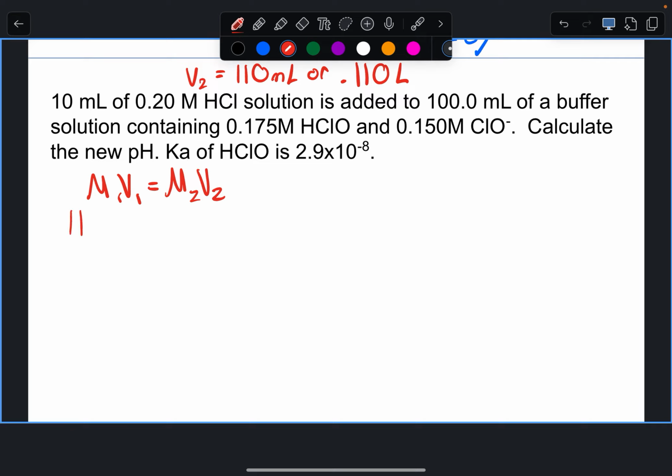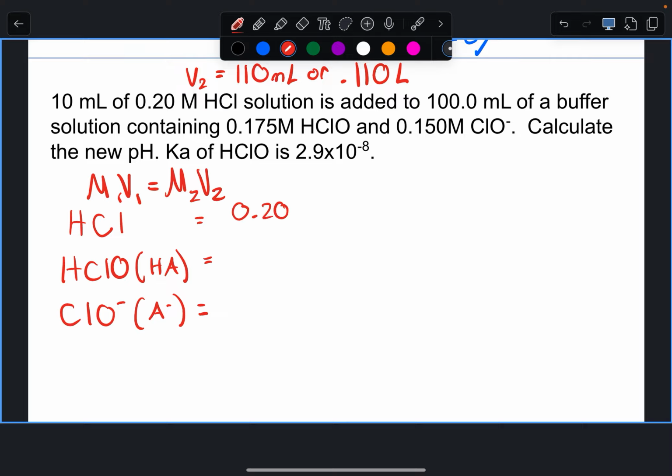So HCl, HClO, which is your HA, and ClO minus, which is your A minus. Okay, you're going to do the M1V1 equals M2V2 for each one of these. So for HCl, it starts as 0.2 molar times 10 mils or